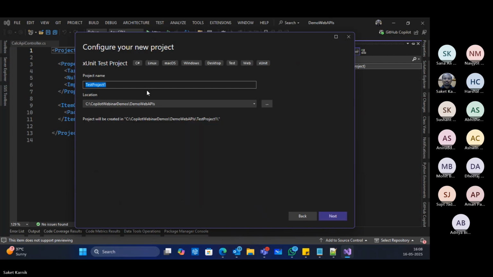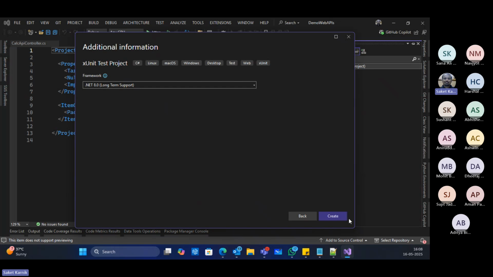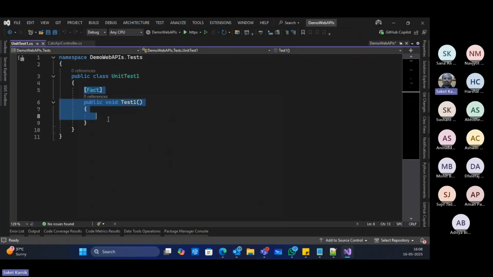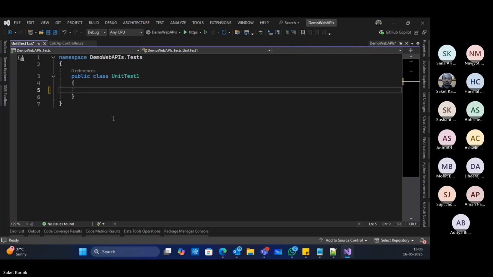Next, I name this as demo web APIs dot test, which is a regular standard, right, for naming the test projects. Next, and create. I get rid of this. Okay.